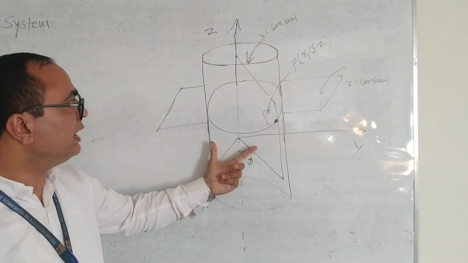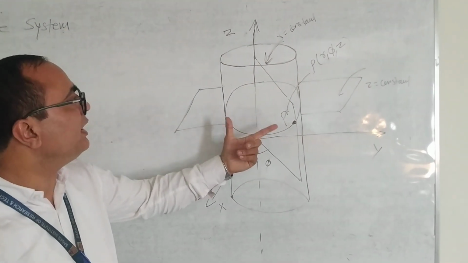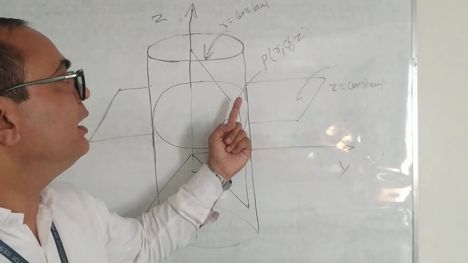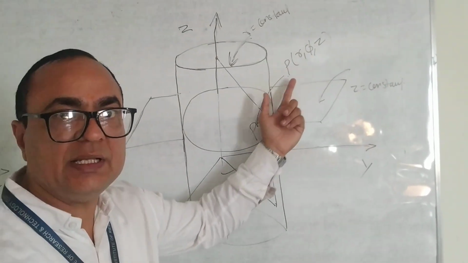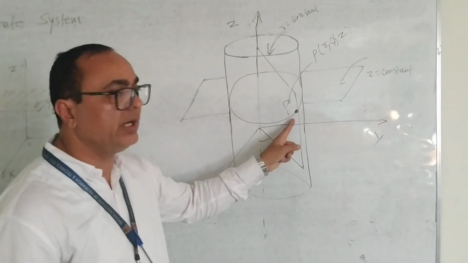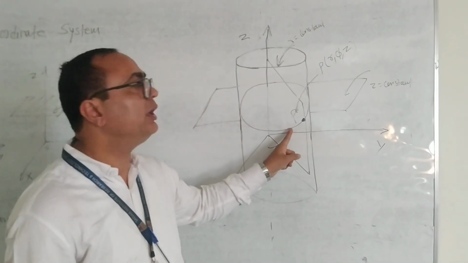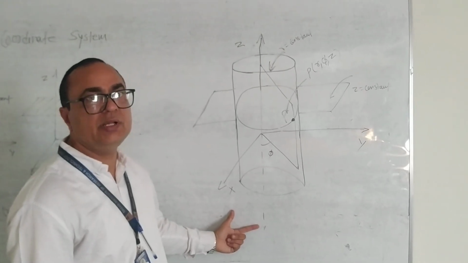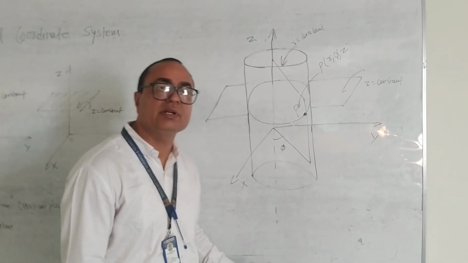The intersection of all these planes in cylindrical form gives us a common point P, with coordinates r, phi, z. This point P is where the surfaces intersect each other, and this common point P is obtained as r, phi, z. These are the constant values we obtain, r, phi, z, in the cylindrical coordinate system.